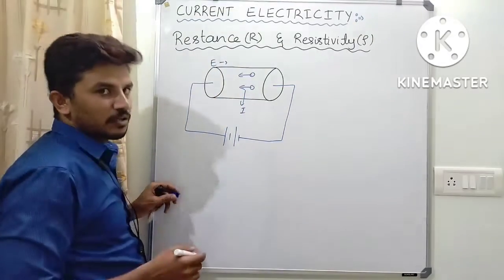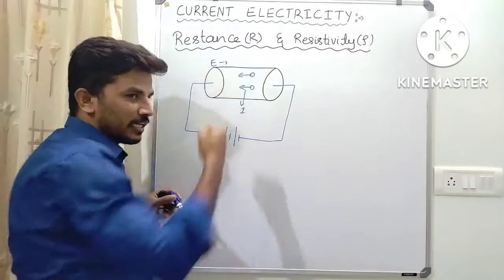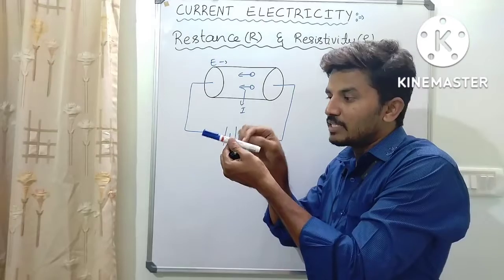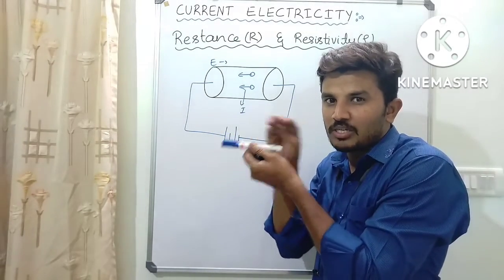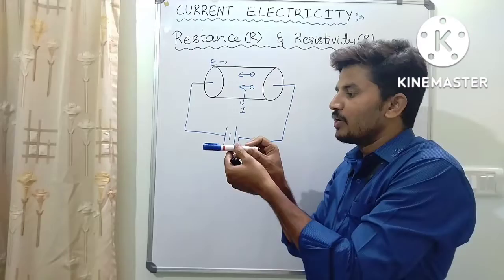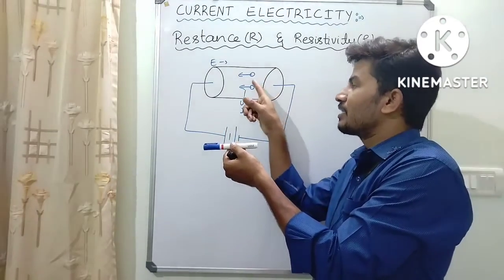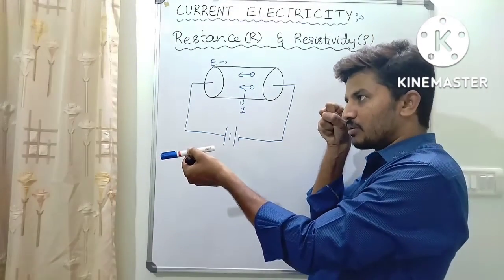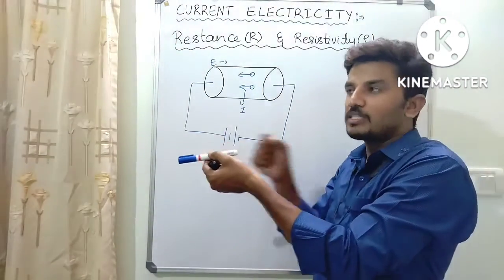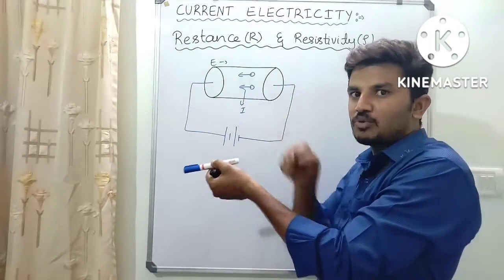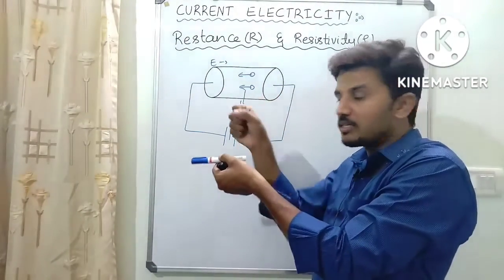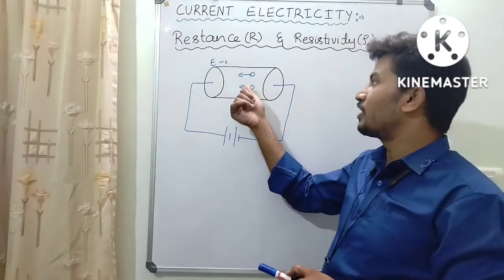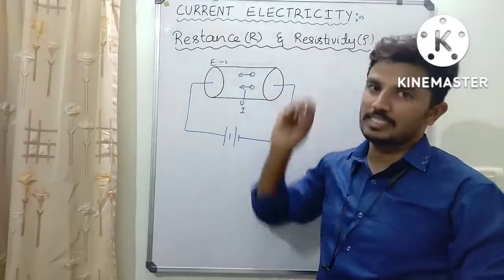So what is resistance here? When the charges move through the material, inside the material we have molecules, atoms and other particles. Because of that, the electrons slow down. If the electrons try to move fast, they can't, because of the collisions. The electrons have to collide with all the molecules, atoms or kernels present inside the material. Therefore, they slow down. That opposition offered by the material for the flow of charges is called resistance.